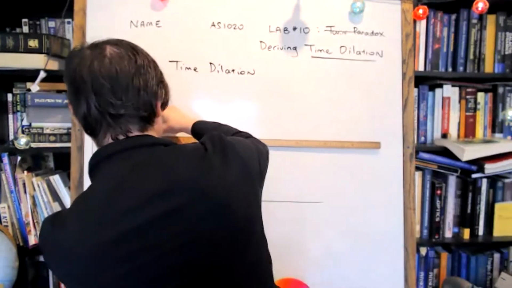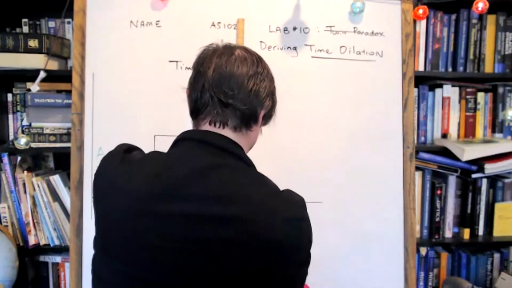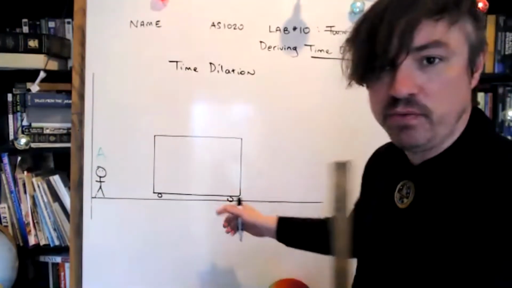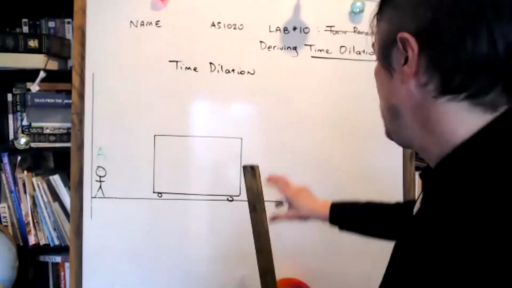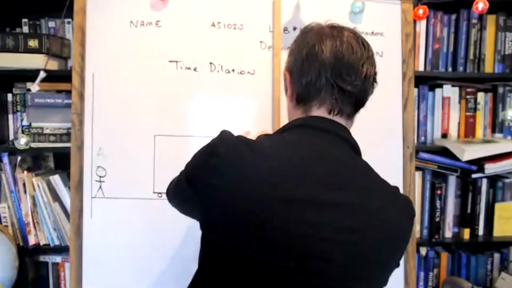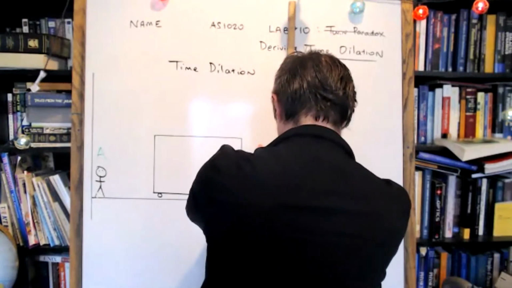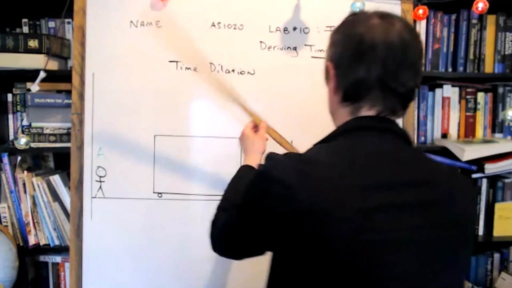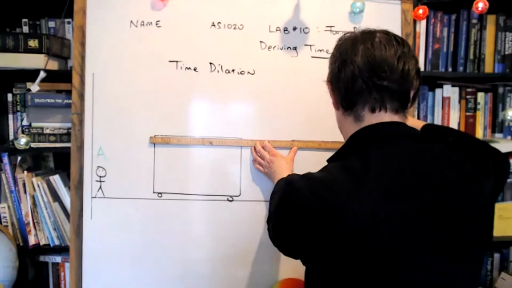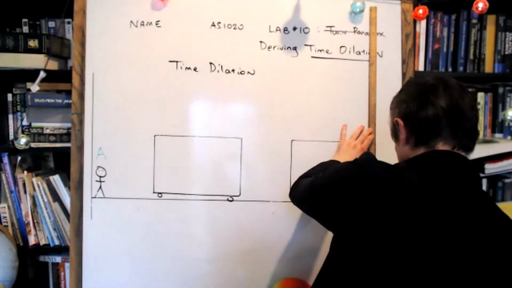All right. And I'm going to show the train at two different positions during the course of the experiment. At the start of the experiment, observer B will be in a moving train car, and we're going to watch it roll forward in time at some constant velocity. A moment later, the train car will be over here. Let's give it a little distance. I'm going to try to draw it with the exact same dimensions: 30 centimeters long and 20 centimeters tall.